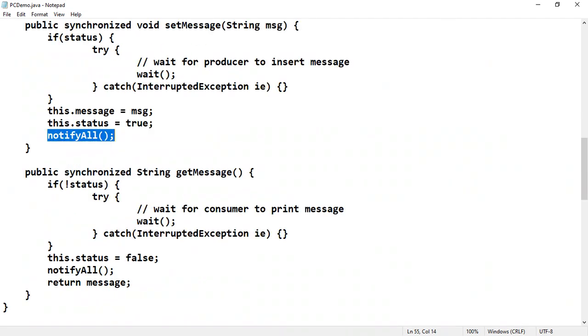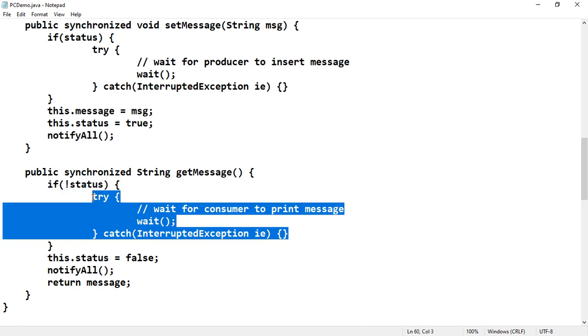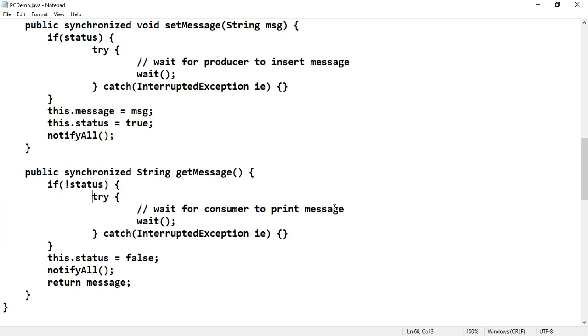Now in the public synchronized String getMessage, if not status, meaning the message has not been printed by the consumer, you ask for the consumer to print the message. That means you are asking the producer to wait until the consumer prints the message, so wait for the consumer to print the message. Since wait throws InterruptedException, you have to keep it in a try-catch block.